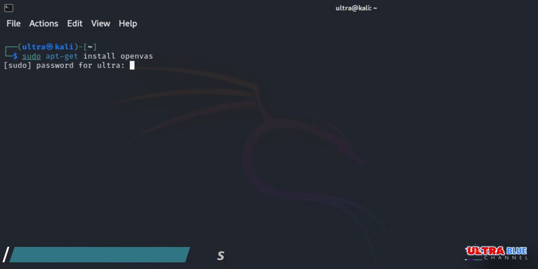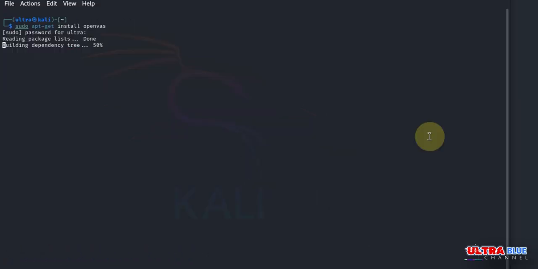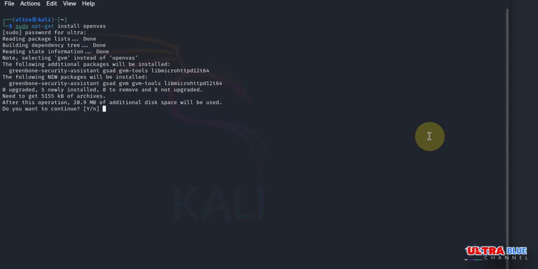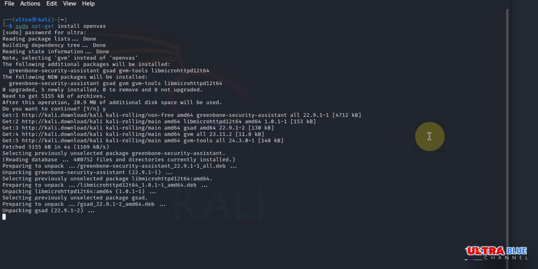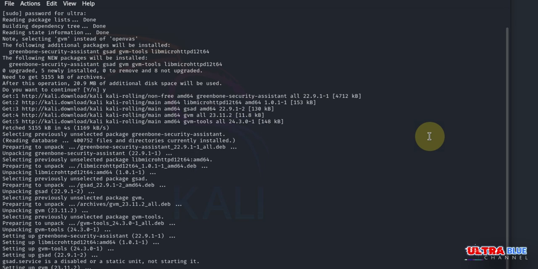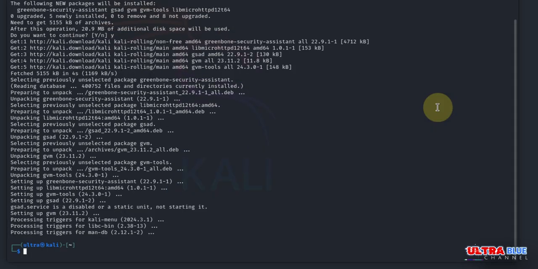Go ahead and put in our password. Then it's going to go ahead and download and install OpenVAS. Great. Now that OpenVAS is installed,